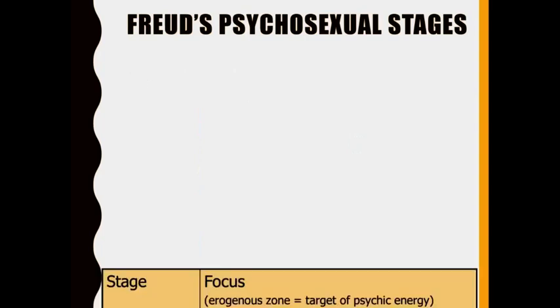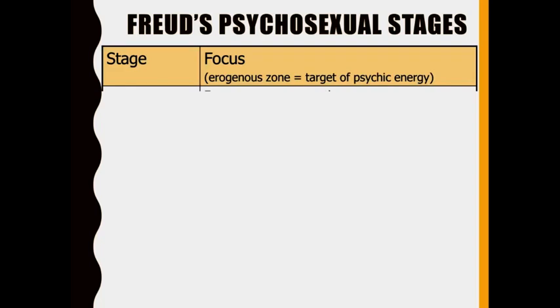All right, now he thought that we developed in stages, so he called them psychosexual stages. So I thought I'd just go through kind of quickly what goes on at the stages and what ages are associated with each one. Wherever I say erogenous zone in the table, what I'm talking about is the target of your psychic energy, which is Freudian code for your libido and your thanatos. So your erogenous zone is whatever part of your body basically is the focus of your libido and your thanatos